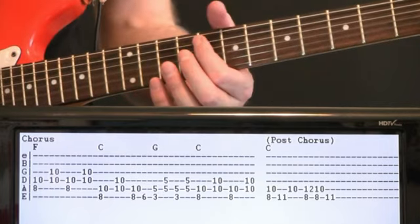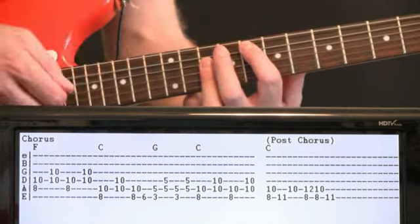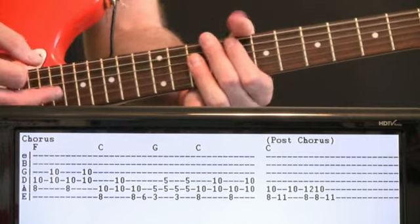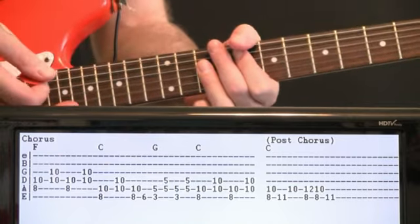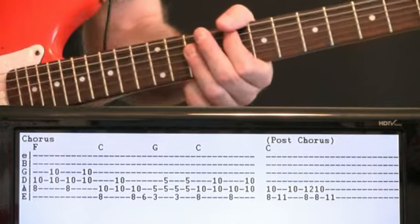Okay, so just start with that 8 on the A, 10 on the D, hit that, and then hit the 10s on the D and G. You know, just repeat that a couple times, something like that. That type of deal. Just kind of a couple quick down ups at that F,